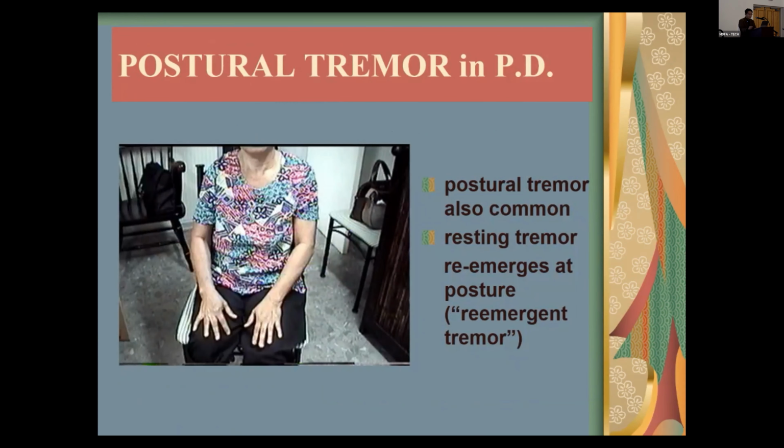Okay, and then patients with the rest tremor in the setting of Parkinson's disease also develop what is called a re-emergent tremor. So if their hand is rested, and you see this right hand tremoring here, and then the moment they raise the hand up, after a latency of about, I'd say about,